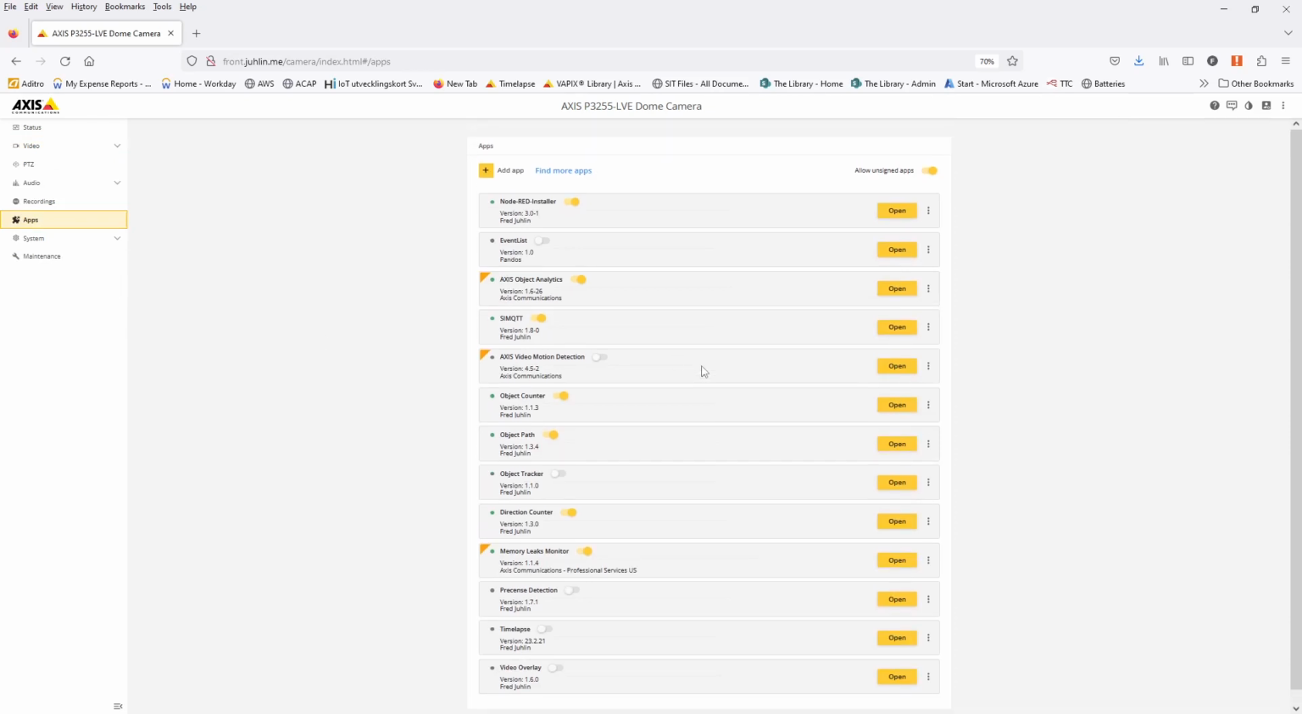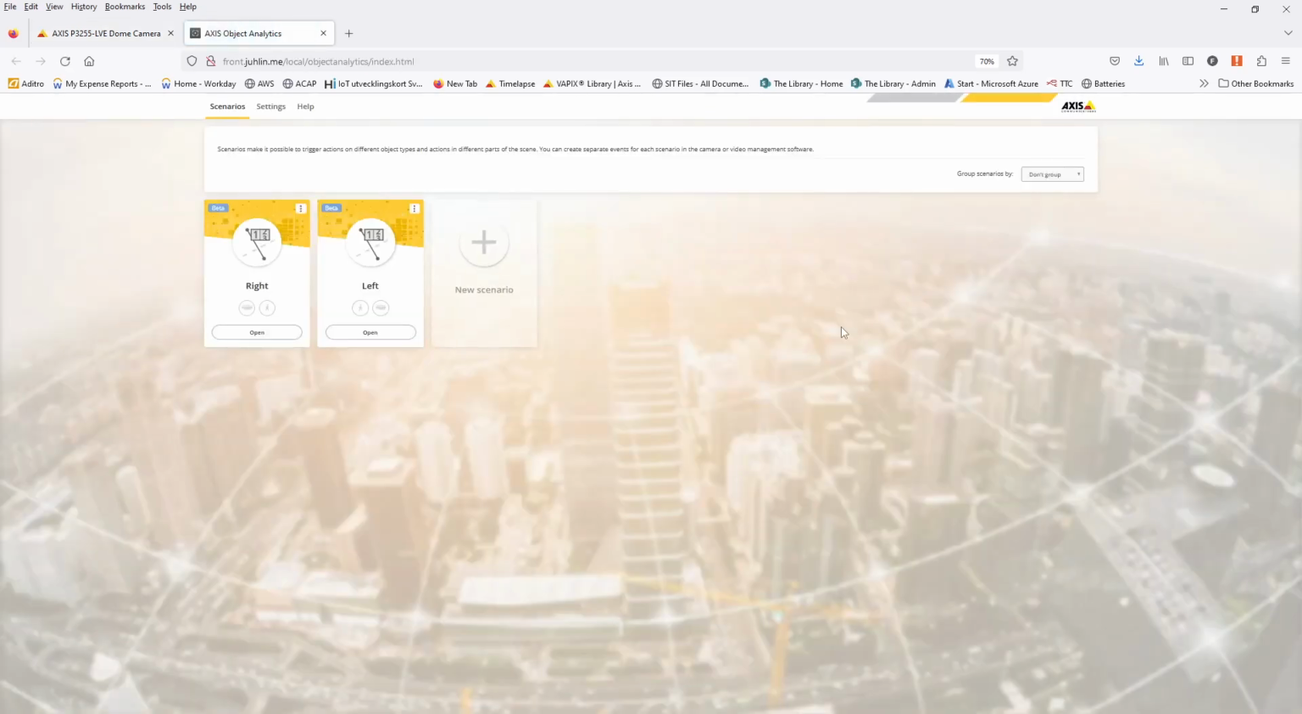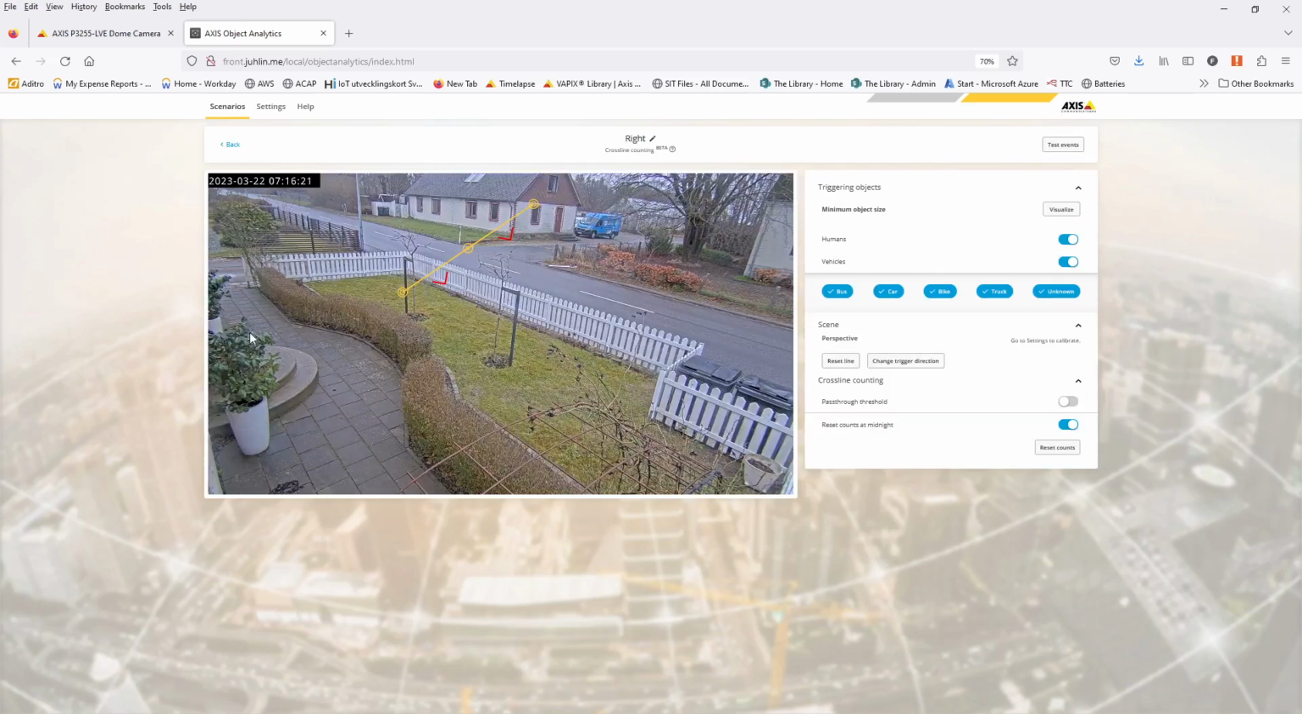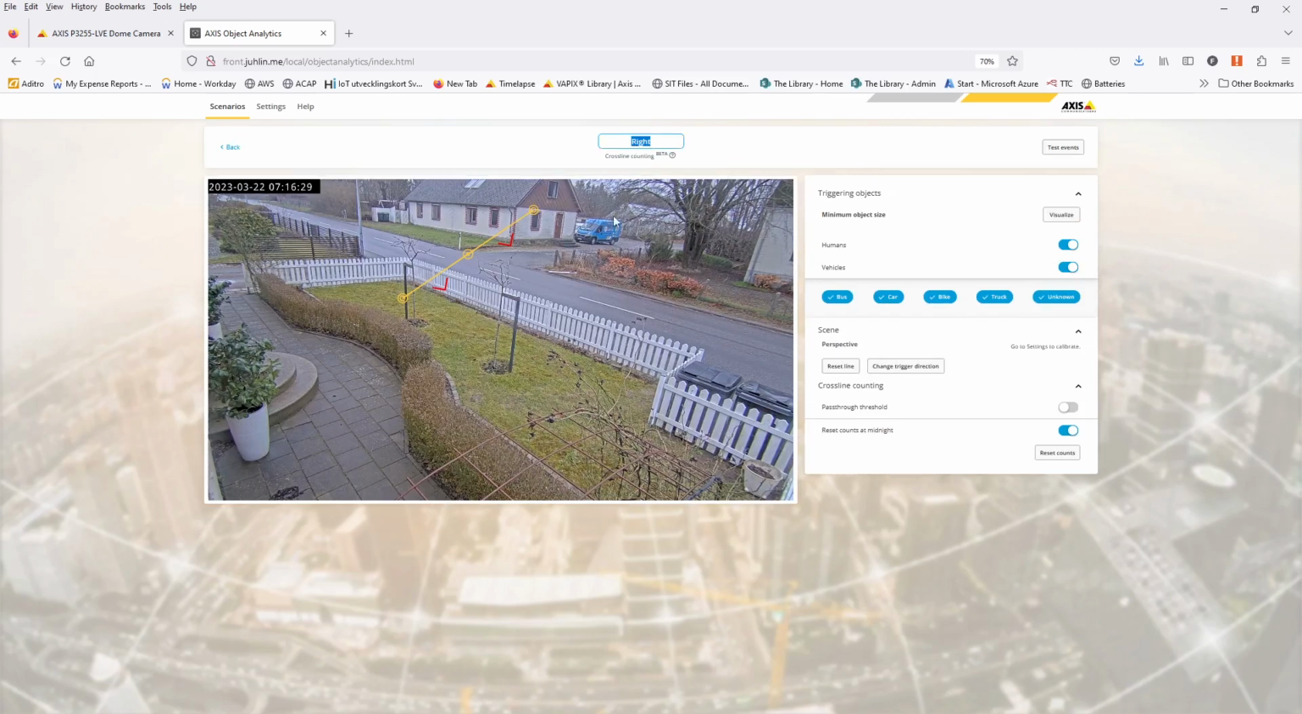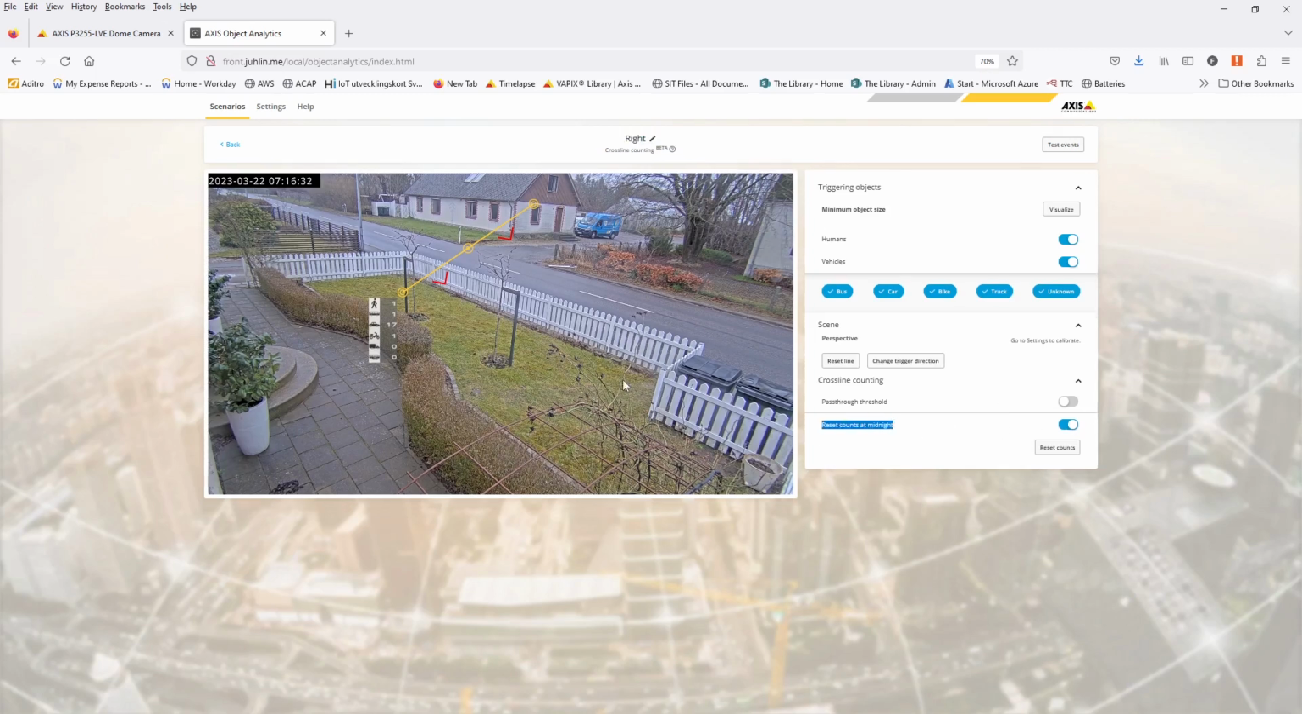You see, I have a lot of ACAPs installed. One of them is the Axis Object Analytics, and currently this version is 1.6.26. If I open that one, I've defined two tripwires for counting. I've set one line here, counting vehicles going right. That's why I call it right. And I'm enabling all of these, humans and vehicles, there's no threshold in this case, and reset counters at midnight. And the same thing for